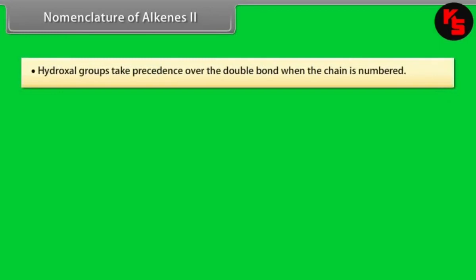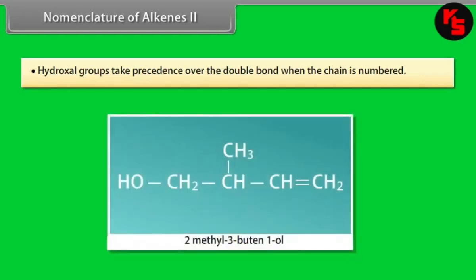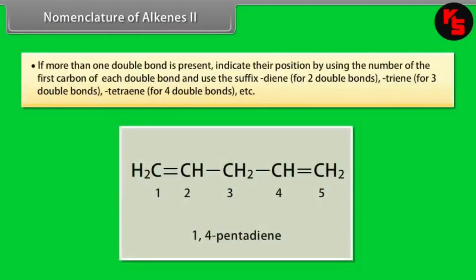Nomenclature of alkenes, Part 2. Step 7. Hydroxyl groups take precedence over the double bond when the chain is numbered. This compound is 2-methyl-3-buten-1-ol. Step 8. If more than one double bond is present, indicate their position by using the number of the first carbon of each double bond and use the suffix diene for 2 double bonds, triene for 3 double bonds, tetraene for 4 double bonds, etc. For example,